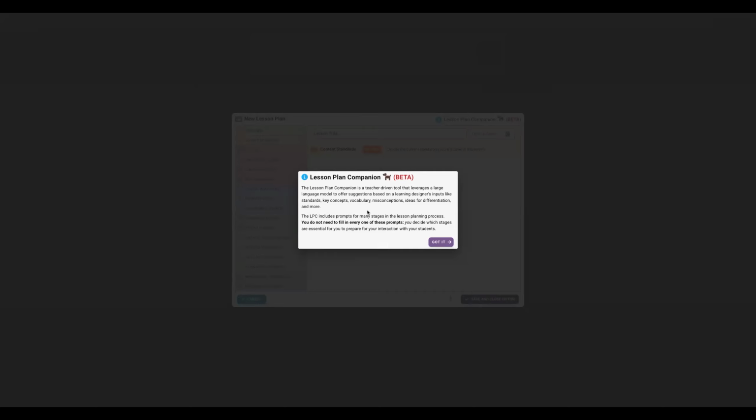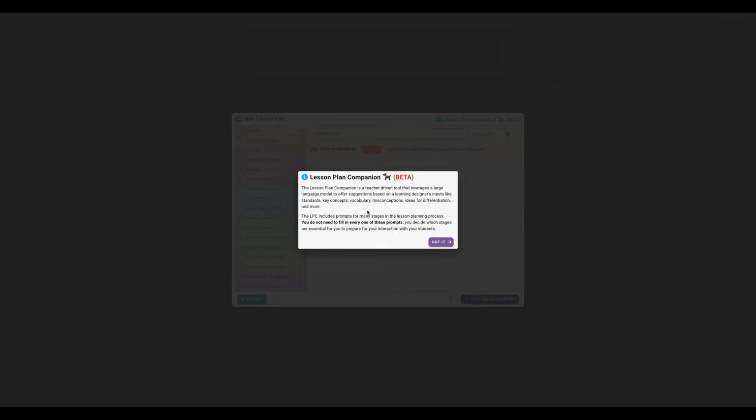But the Lesson Plan Companion is a teacher-driven tool that leverages a large language model, which is also known as artificial intelligence, to offer suggestions based on your inputs. So if you've used any AI tool like Gemini or ChatGPT or any of the other countless ones out there, you know that that large language model is simply responding to your prompts.